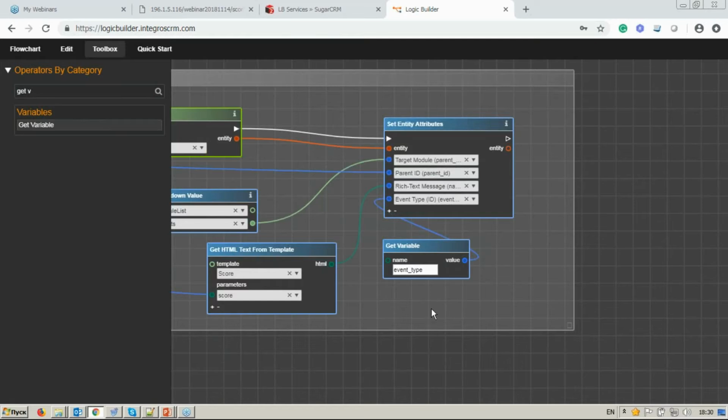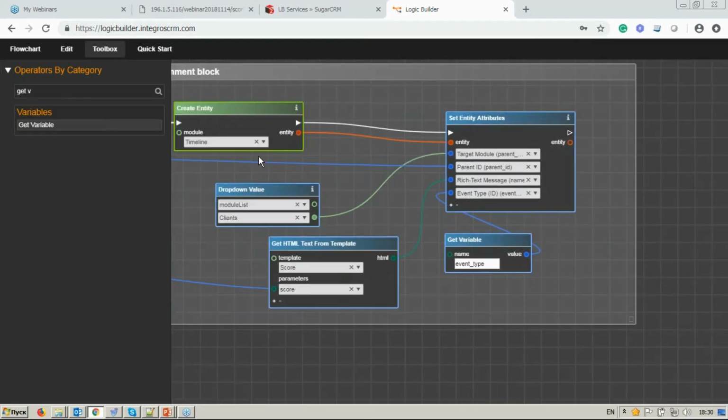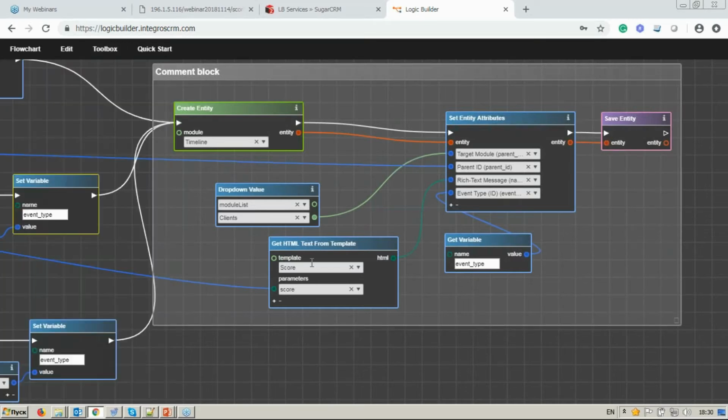So we defined all necessary fields for our timeline, and what we need to do next is to save this timeline, because we set values into fields, and now we need to save the record in the same way as we do in Sugar. When we create something, set values in fields, and we click on the Save button. Here we put the Save Entity operator. So let's quickly